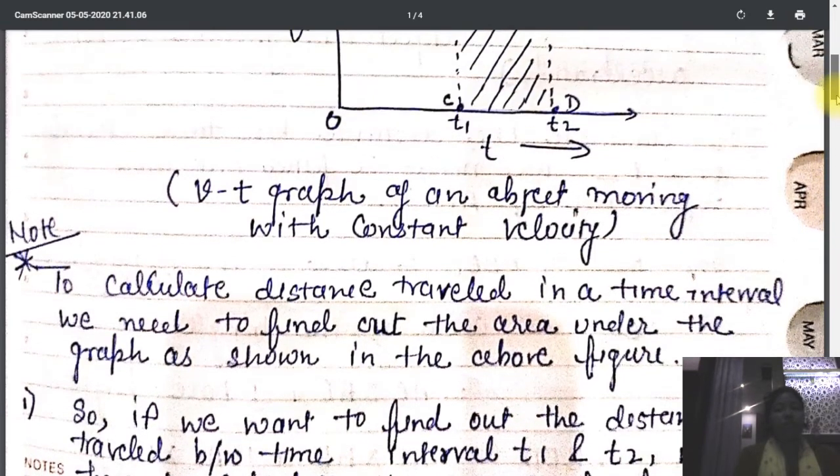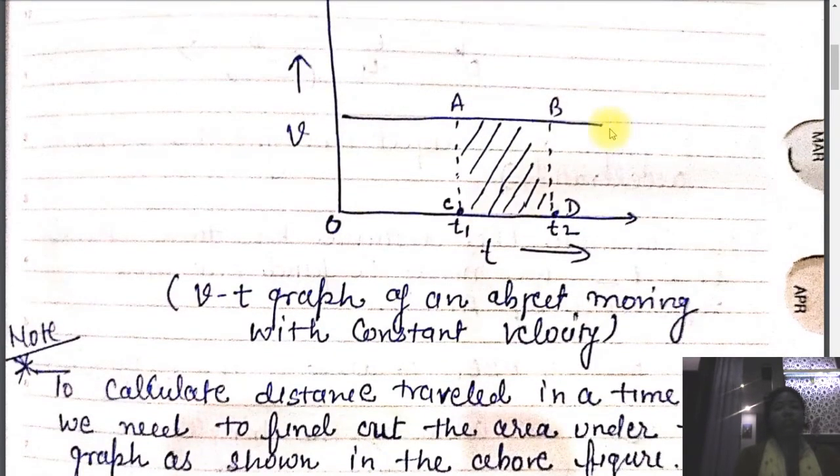So in the very first step, we have to check the area enclosed in any particular interval of time, or for the whole journey or the whole graph. But if we are talking about this particular interval of time, then we have to enclose only this much of the area.